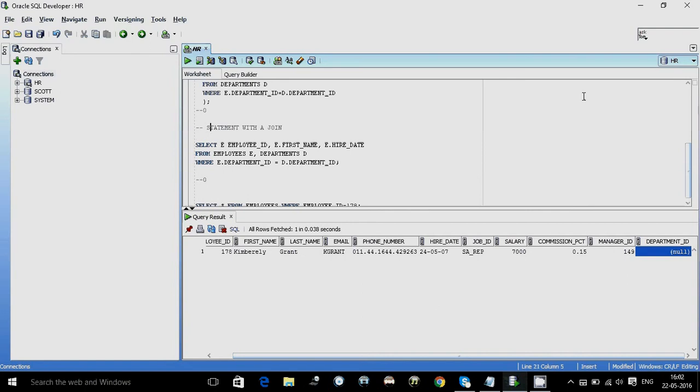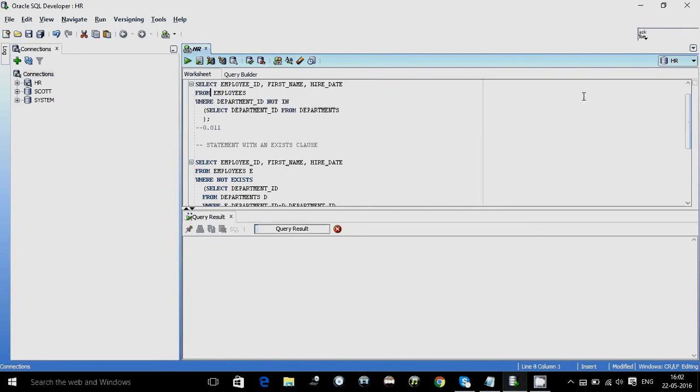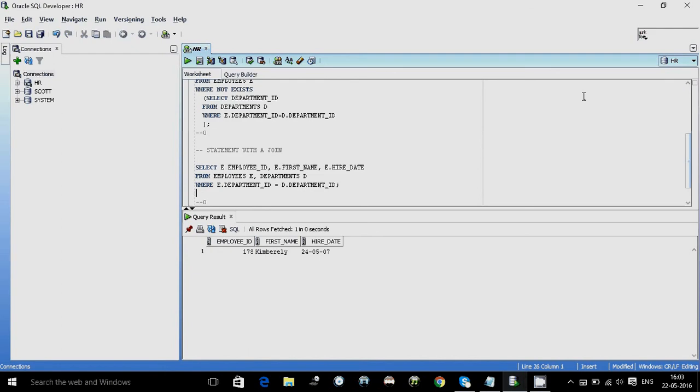So when we use a NOT EXISTS clause here, we get the result, whereas if we use the NOT IN operator, we would not get the result, because the NOT IN operator considers the values which are not present over here. It would not return null because null is an absence of data. So you don't get it here, but you get it here. Also with the join condition we can do the same. We can simply join and check where department ID is null.